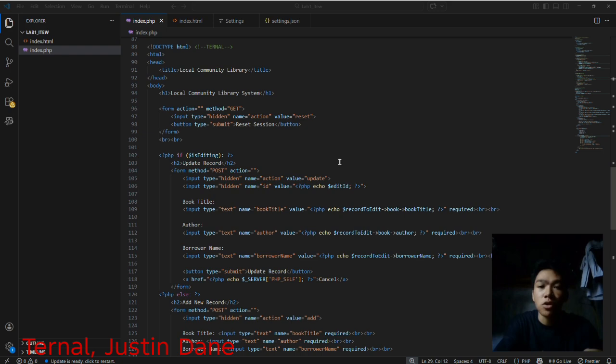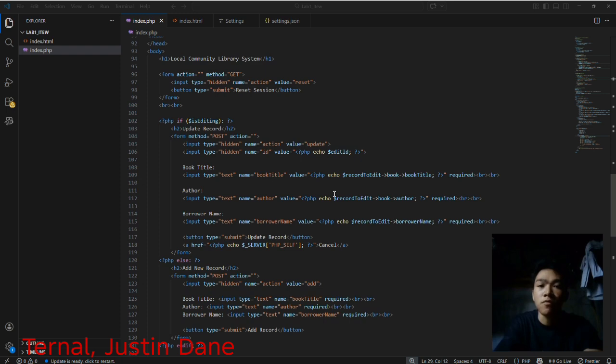The hidden input stores the action update and the record ID, so the system knows what to update. The fields are filled with existing data that allow the user to edit, instead of typing everything again.